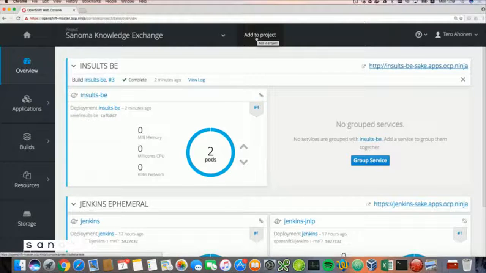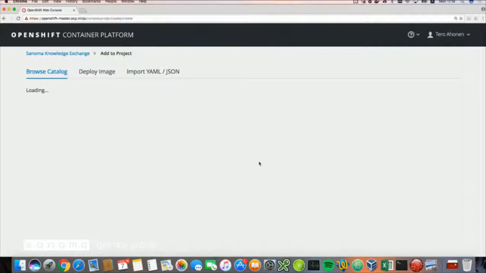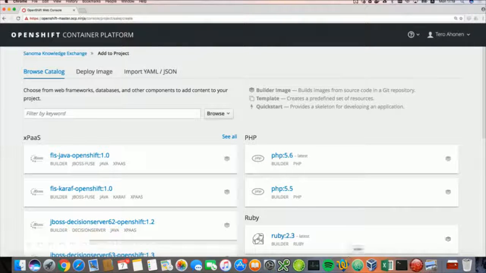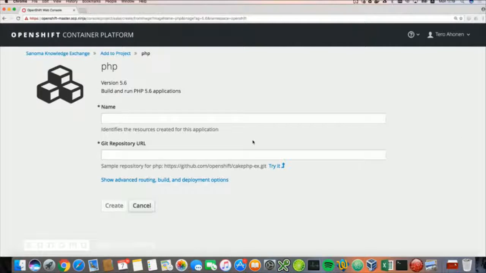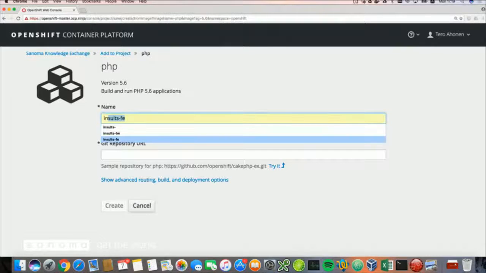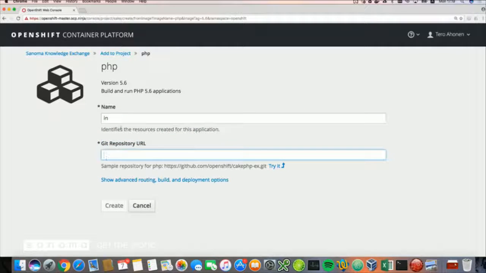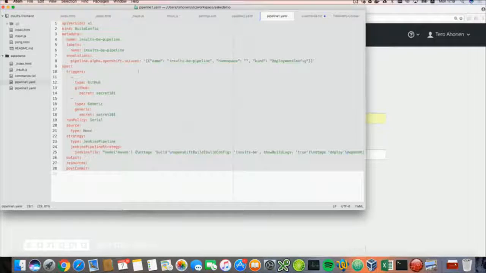A very nice front end application. It's just plain HTML with some JavaScript also. I use PHP for that. It's basically Apache with PHP. And set a name. Now I'll use my cheat sheet to take the